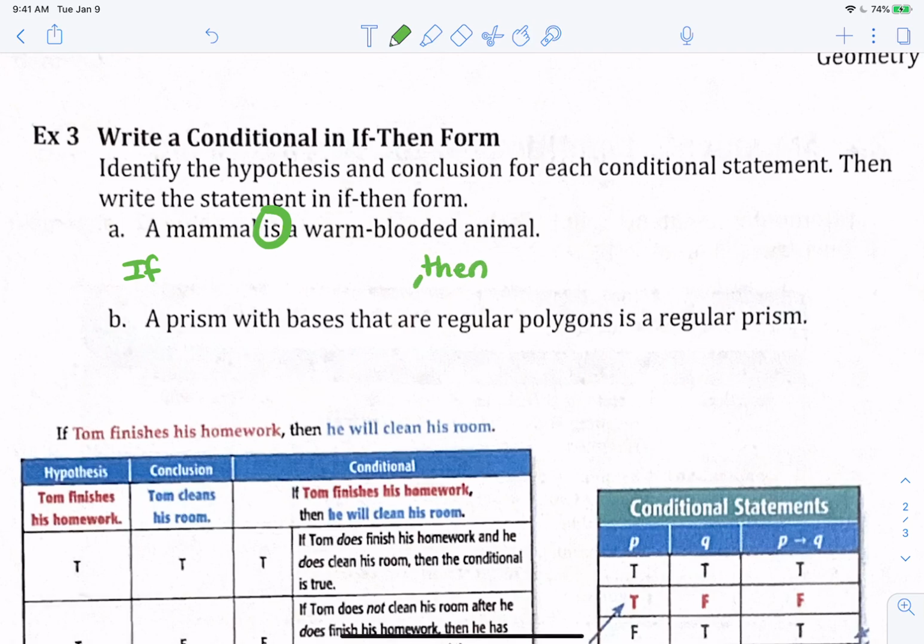A mammal is a warm-blooded animal. If what, then what? If it is a mammal, then it is a